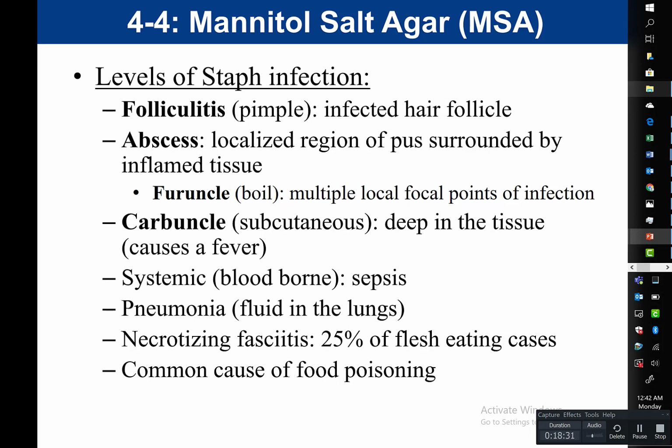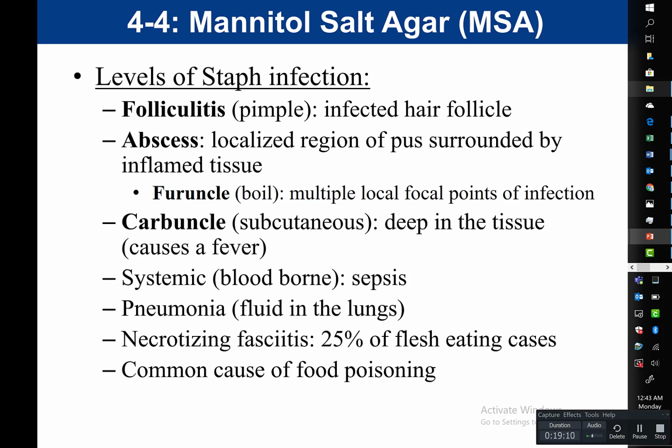It goes through the epidermis, and it starts to go deep into the tissues, into the dermal layer, and it forms this carbuncle. We can also have it progress to become systemic, meaning that it goes on to be bloodborne. And if it is bloodborne and it's in the bloodstream, that can lead to a condition called sepsis. And that can be very, very dangerous. It can be fatal if left unchecked. And so this would be if the bacteria is infecting the bloodstream. And so it is going all throughout the body, and it can infect multiple sources.